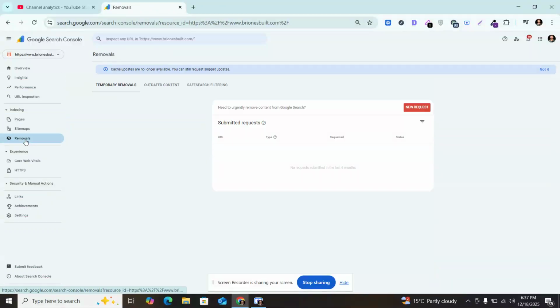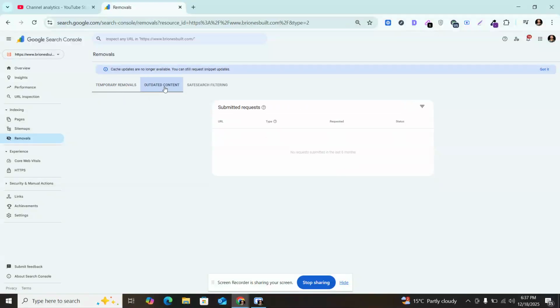And the last function of this thing is, you can see there are three types of removals: temporary removals, outdated content, and SafeSearch filtering. Okay, so if you have any page that is not good and you want to remove it, for example, its URL. Okay,